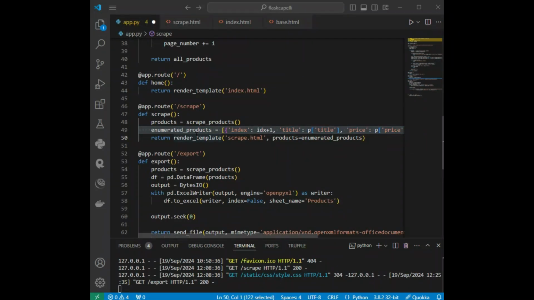Then in the following line we process the list of products by enumerating them, giving each product an index starting from 1, and then it sends that modified list, enumerated products, to be rendered in the HTML template. And how do we do that? The function enumerate